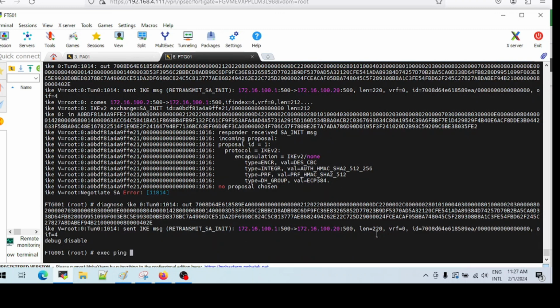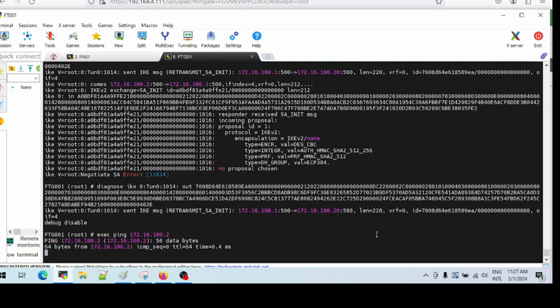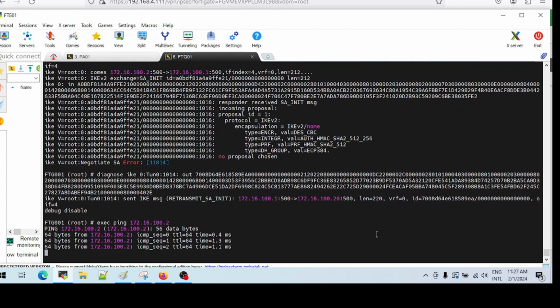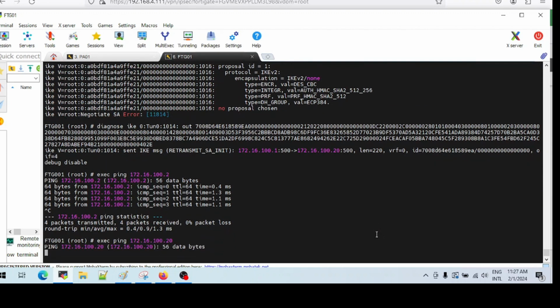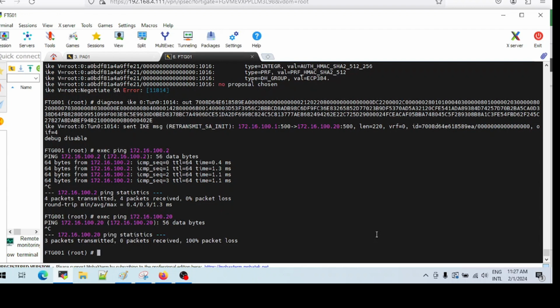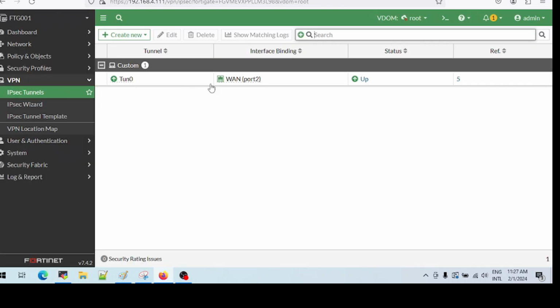Exec ping 172.16.100.2. 100.2 is responding, and let's check 100.20. 100.20 is not responding. So if you go back to your documentation, maybe your email, maybe you get on a call, you speak to the engineer on the other end, then you validate that, oh no, the tunnel endpoint is 100.2. Then you go back and fix your config.